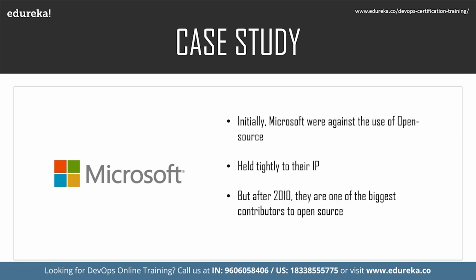So initially, Microsoft was against the use of open source because they held very tightly to the internet protocol. They were completely hesitant to adapt to this new concept of sharing code to the entire world. But in 2010, they rethought this entire scenario, and now Microsoft is one of the biggest contributors to open source. Today, about 2,000 to 25,000 Microsoft engineers maintain TypeScript, .NET, Windows Terminal, DARP, Helm, and more than 1,000 other open